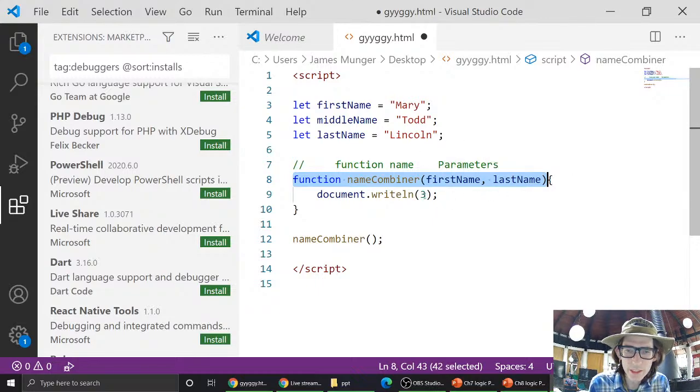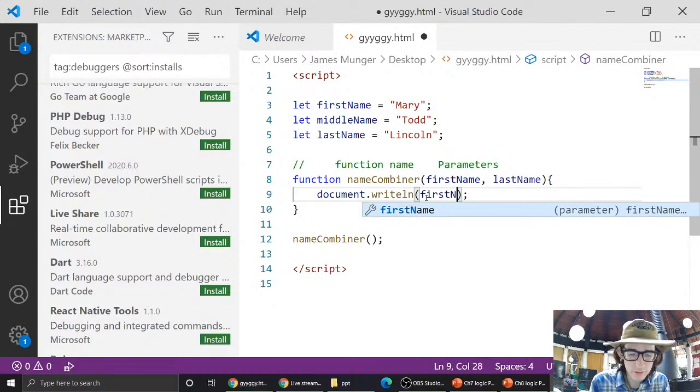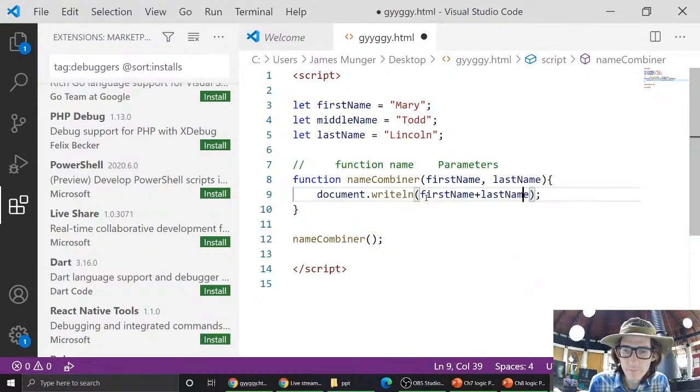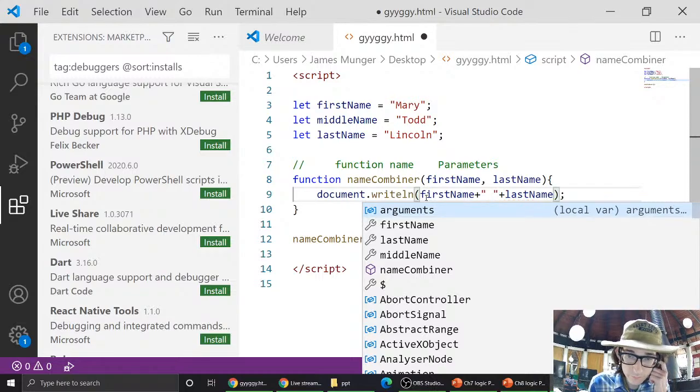So we can take those in, and what do we want to do with those? Well, for now, we're just going to print them out. First name plus last name. And we want a space in there, so we can do this. So now,